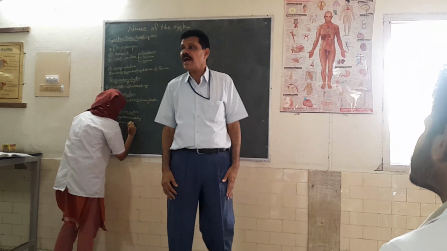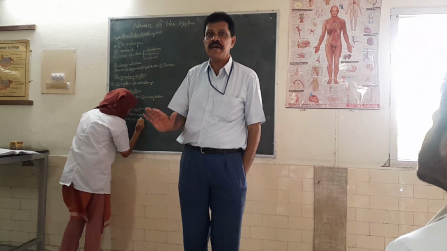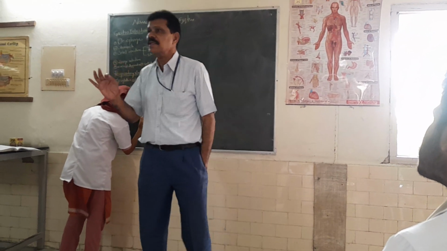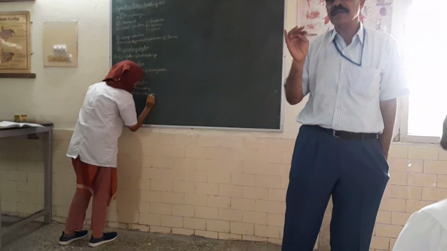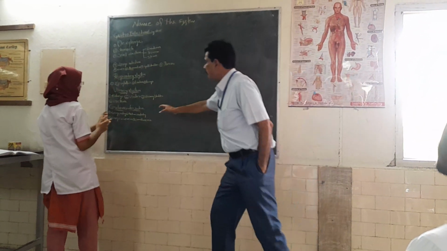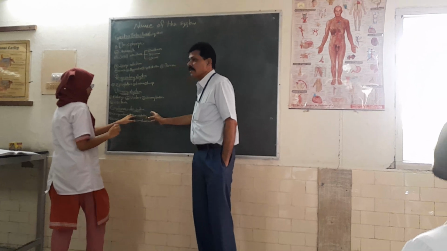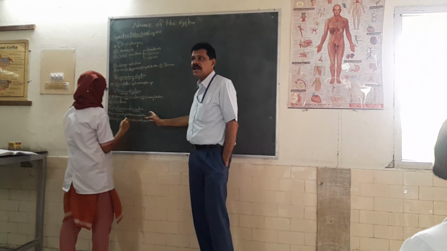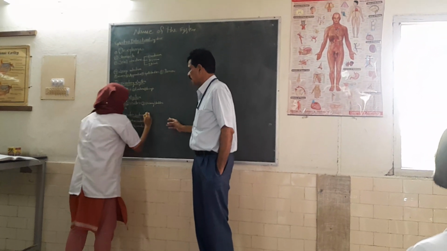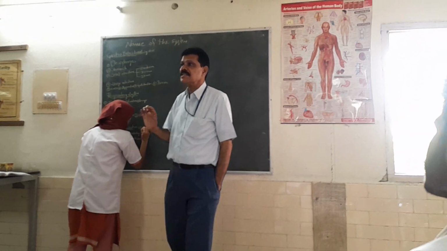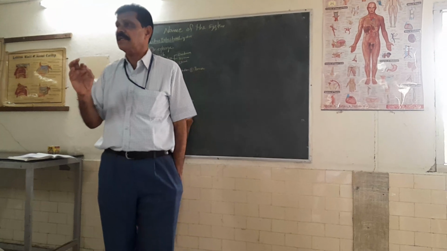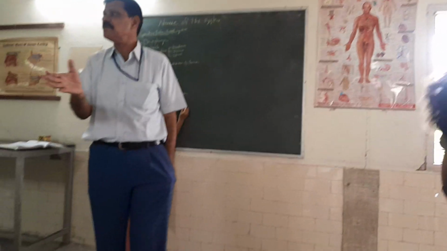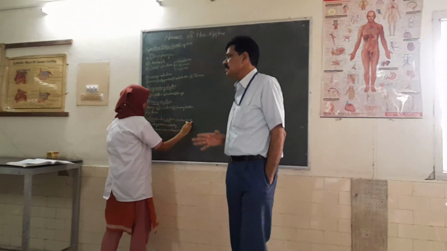Cardiovascular system. In the cardiovascular system, what do we have to identify? What are the various slides? One is heart. Along with the heart, you write cardiac muscle, smooth muscle, and skeletal muscle. All three you write. Then after that, artery, large artery and medium sized artery, large vein, medium sized vein.